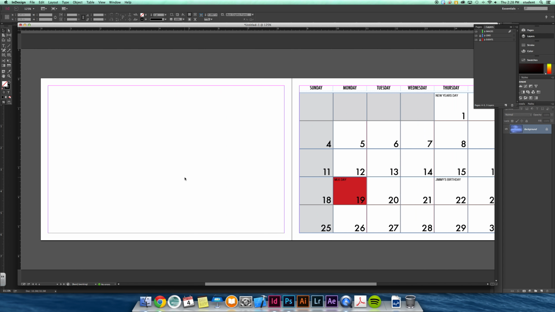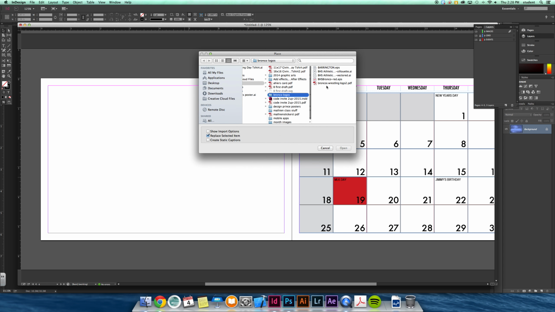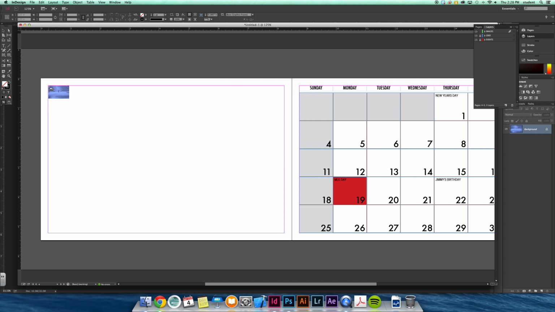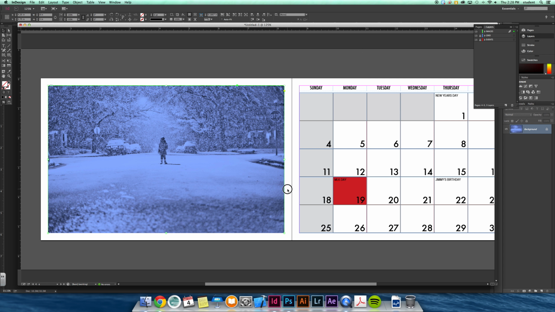This is January. I will place it in. Command D is the shortcut for that. There it is. Boom. And I can place it in. Now you're going to want to label this. You can do that in Photoshop too, or you can do it here. I'm going to do like a little